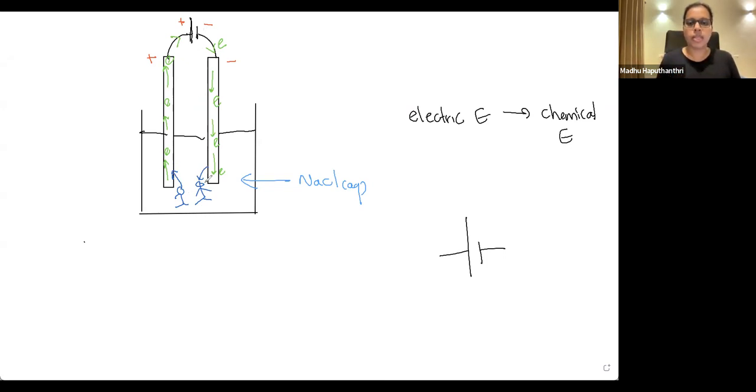The battery simply doesn't know what is happening underneath, and the battery cannot see either. But inside the water, inside the electrolyte, this kind of process is happening. Someone is accepting the electrons, someone is releasing the electrons. So after all these things are done, the battery feels that my negative terminal is releasing electrons, and my positive terminal is somehow getting those electrons back.